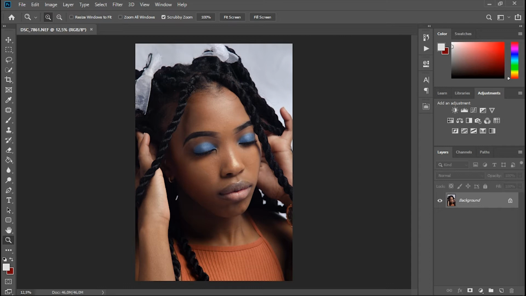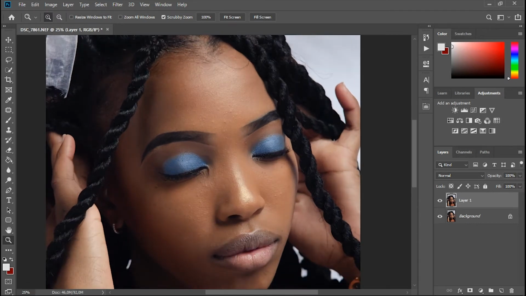Okay, here we are in Adobe Photoshop. Before I start my retouching, what I like to do is to duplicate the layer by pressing Ctrl J, or Command J if you are using Mac. Then after, I'm gonna zoom in a bit